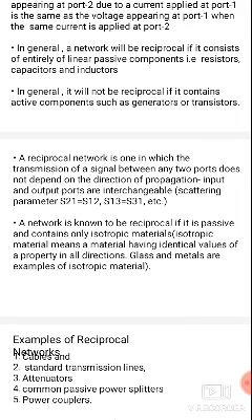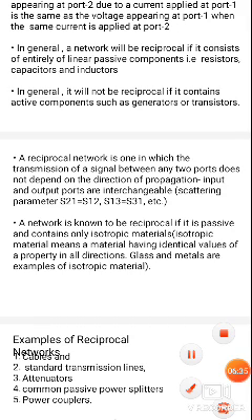A network is known as reciprocal if it is passive and contains only isotropic materials. What is an isotropic material? Isotropic material means a material having identical property values in all directions. Glass and metals are examples of isotropic material. In network analysis, the best example is the isotropic antenna. Isotropic is nothing but uniform or equal in all directions.